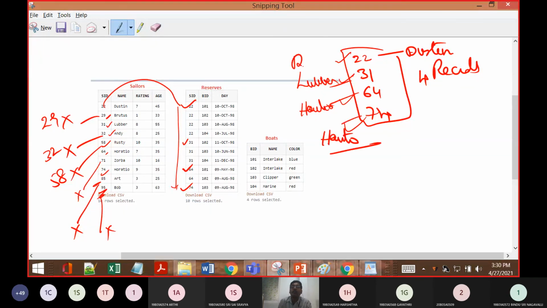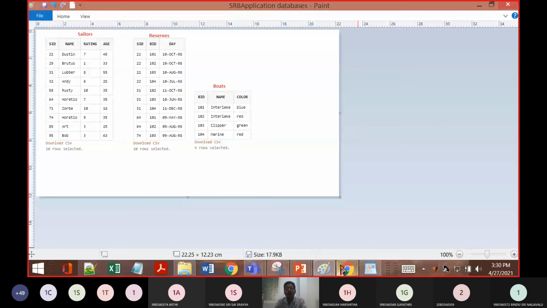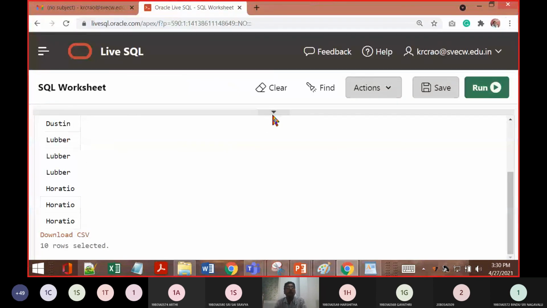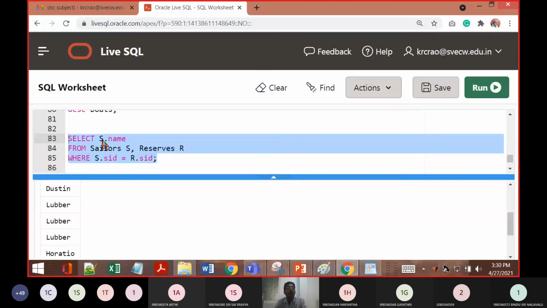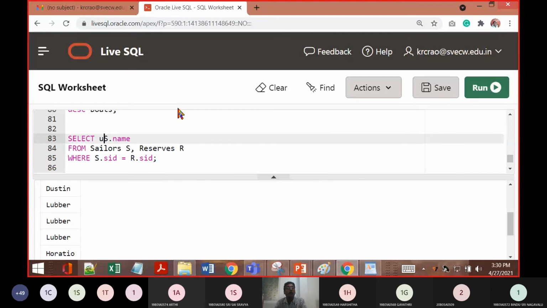So how many records? We will be getting Dustin, Lubber, Horatio and Horatio, 4 records, but they have taken up multiple reservations. So 22, 22, 22. They have taken up multiple reservations, so we are going to get the duplicates. But if we use the word DISTINCT, obviously we will look up differently.